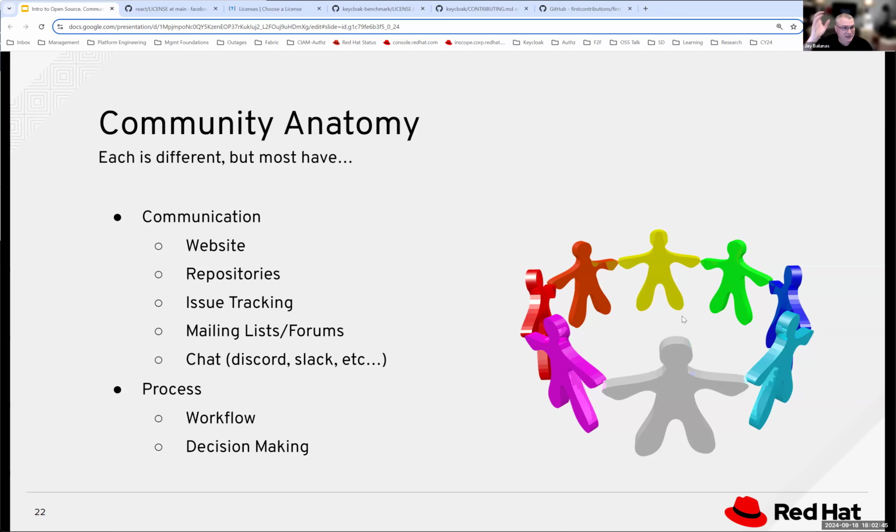What's interesting is GitHub is owned by Microsoft. I don't know if you knew that, but Microsoft bought GitHub however many years ago for, I think, $5 billion or something like that. And it doesn't make it bad. I think Microsoft has done a good job with GitHub, helping with a lot of those different project aspects.